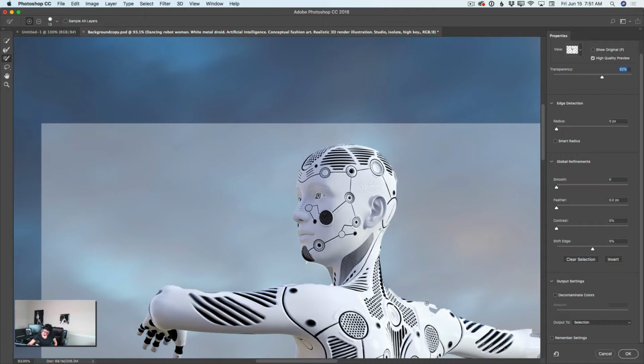this part of her shoulder, just like that. And I will go around and see if I missed anything else, and I'm sure I did, because my robot has a lot of white details and her background is white as well, so it's not too easy to mask out white on white. So I will switch between plus and minus signs to adjust my selection and masking, improve my masking